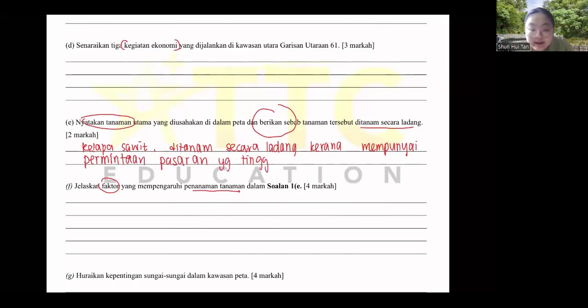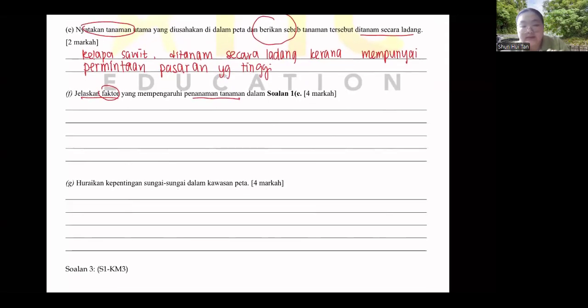Now, my example is here. Jelaskan faktor what will actually affect the plants to grow. Like you guys said, tanah yang rata. So, other than that, you can say tanah yang rata dan luas. This is your point. Okay, so you can say